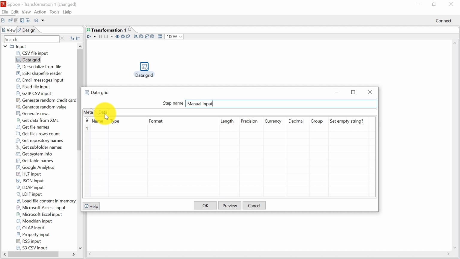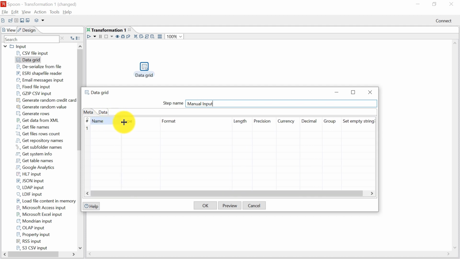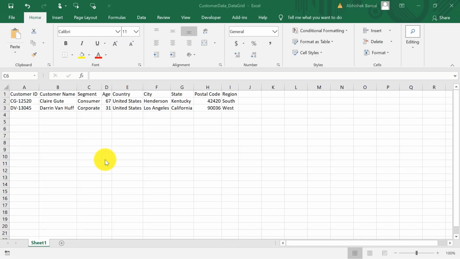For example, for our dataset of customers, in this first column, we need to mention the name of all the variables that we have in our data. And these are the variable names: customer ID, customer name, segment, age, country, city, state, postal code, and region. So these 9 variables that we note for each customer are the metadata of this dataset.